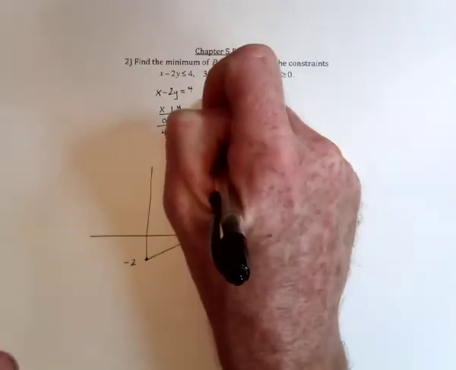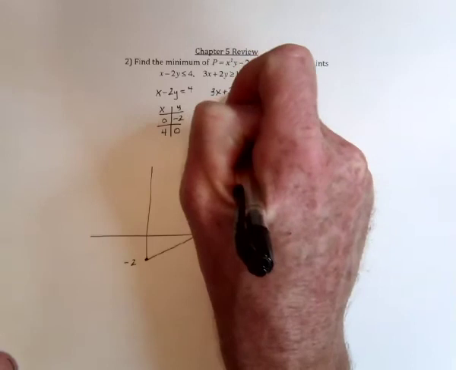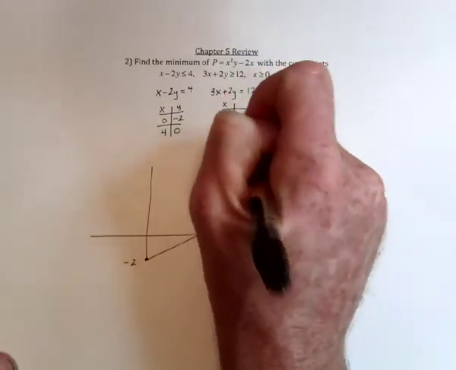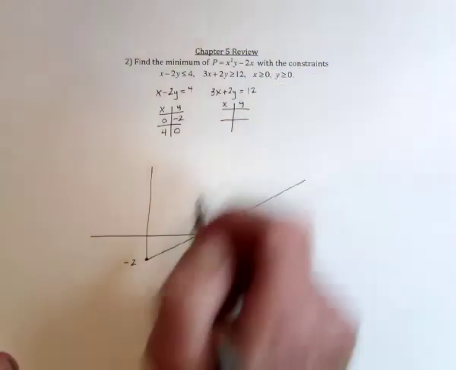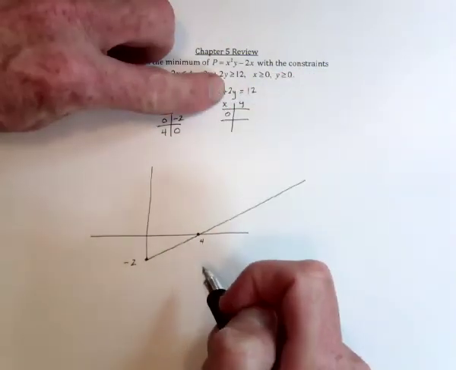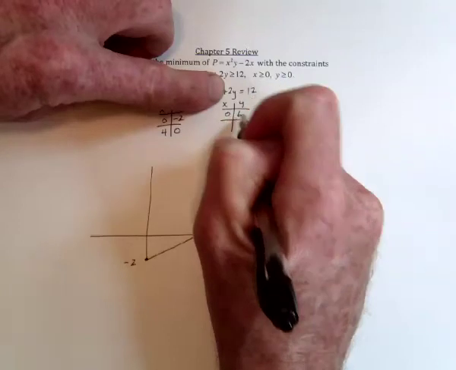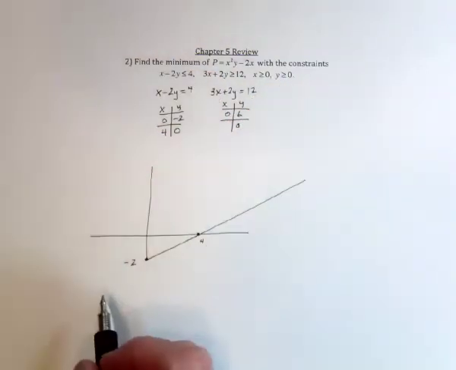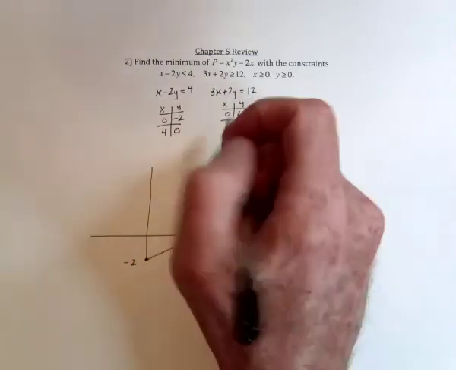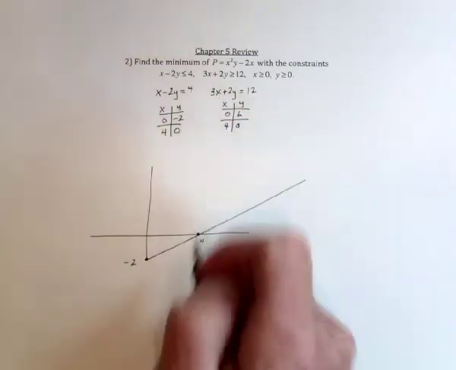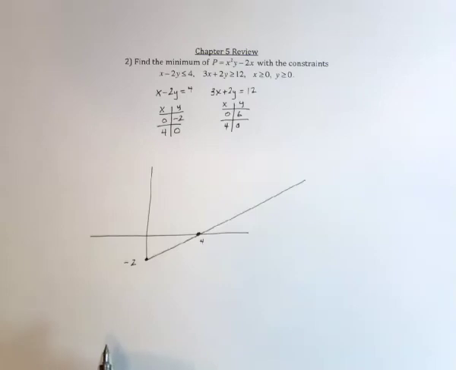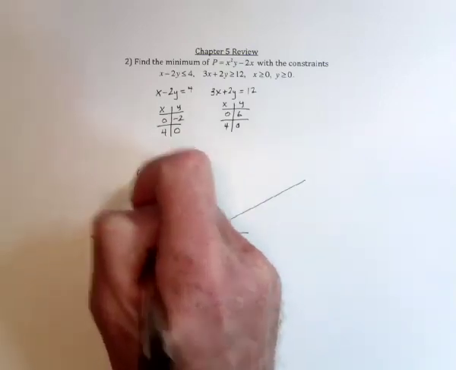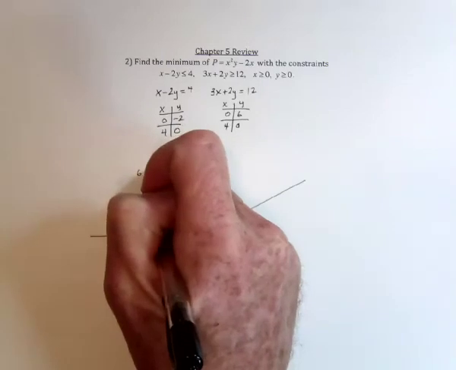And then for the next one, 3x plus 2y is equal to 12. So I'll make a little table of values for that. And if x were equal to 0, it would leave this, which means that y is equal to 6. And if y was equal to 0, then that would say 3x equals 12, so that's a 4. So it happens to be the same point on the x-axis, and on the y-axis it is at 0, 6. And then